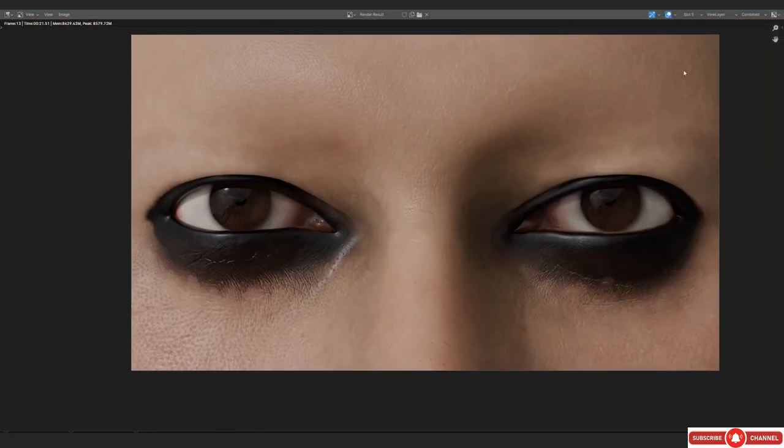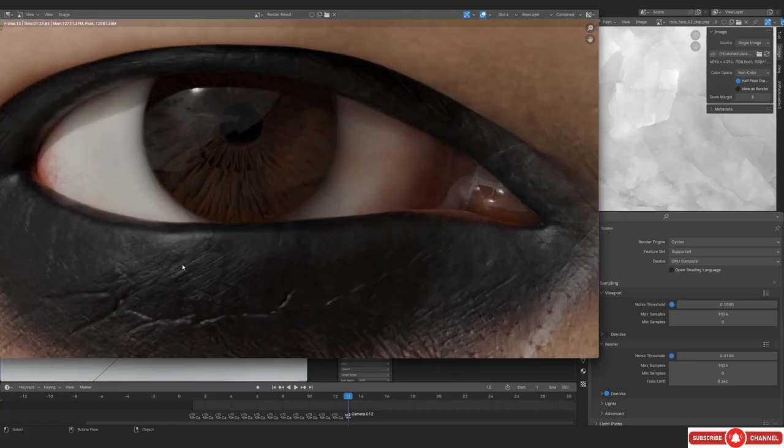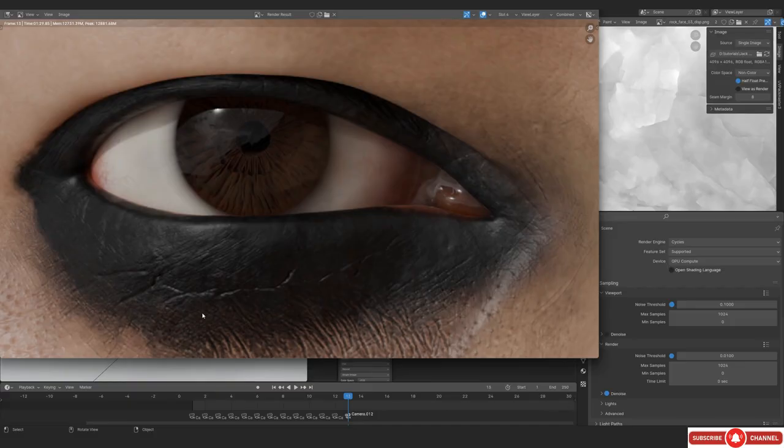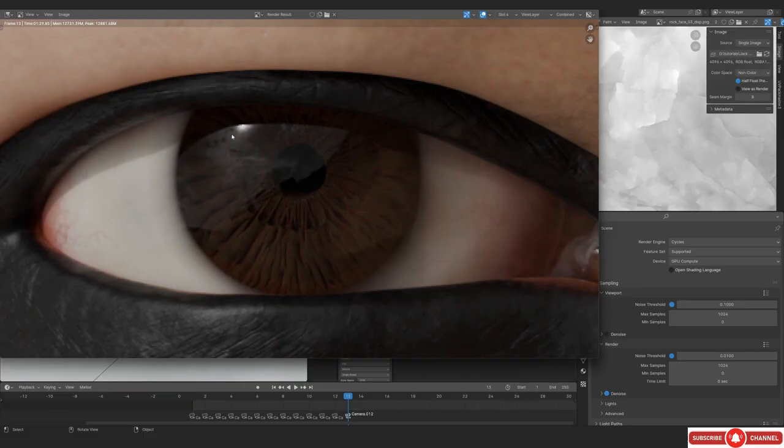So yeah, I kind of like to see that. Okay, so this is the render, and this is definitely looking way better. I think the breakup on the mascara part that we've added is definitely looking really good, and we can actually see the iris part as well. So it's really nice as well.